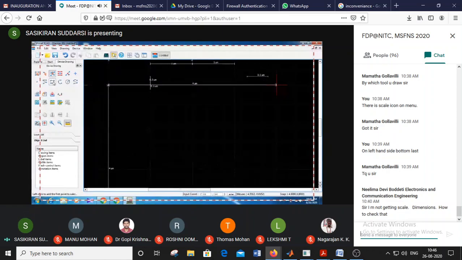So I am trying to make some markings with the scale. Later I will fill those markings with the rectangular boxes. So it is quite easy. This is the plan. As you know, with different dimensions I can build different houses. Like that we can make different devices with different dimensions here.